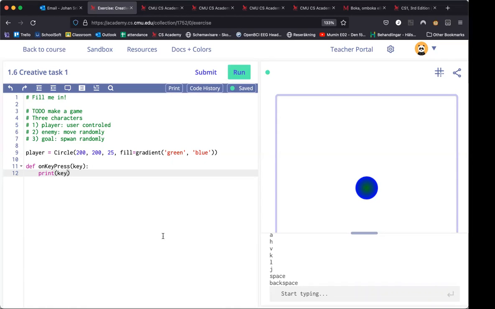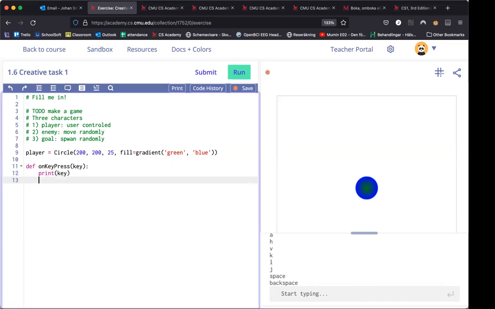Arrow keys. Great. So if we're going to use the arrow keys, we need to be able to ask a question in our Python program. We need to be able to express logically, okay, if I hit the left arrow key, then I need to move my circle to the left. And the key word here is if, which is the keyword that we'll use in Python. So I'll write if